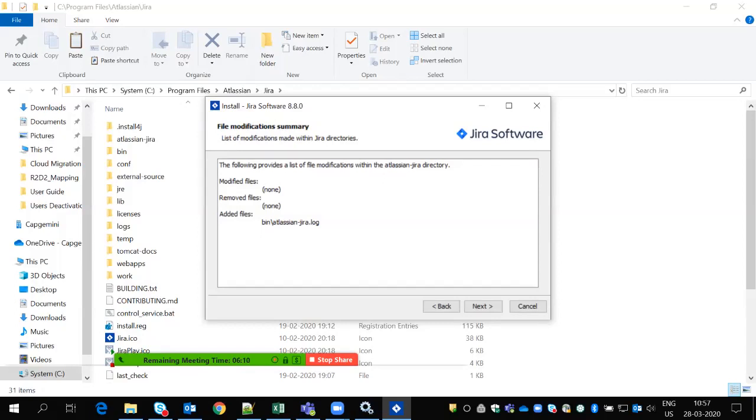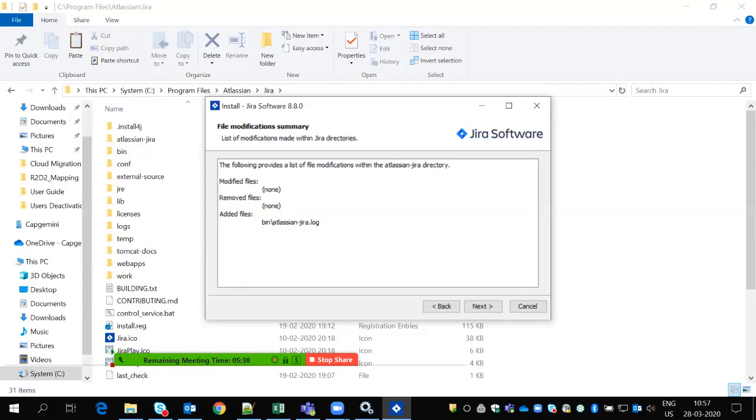But modified files sometimes appear, for example if you increase the JVM memory. Yesterday we discussed that using the setenv file we are able to increase our JVM. I have not increased it yet, but whenever you do, it will show here that you modified the setenv file. If you added any backend script or anything else, all the modified, removed and added files will show up here.